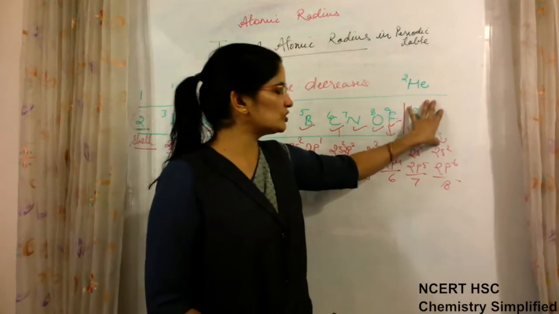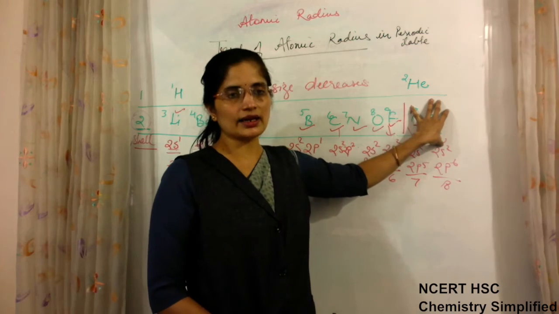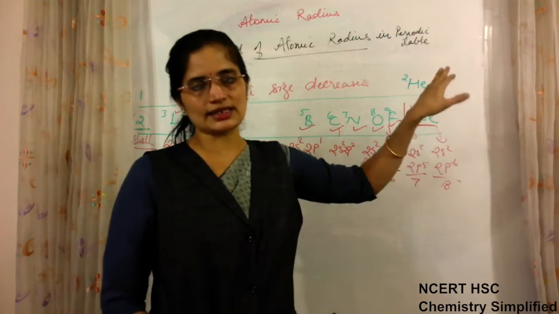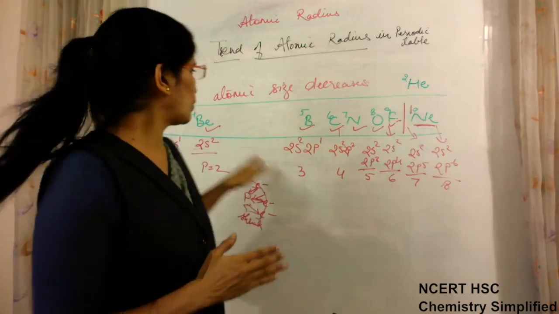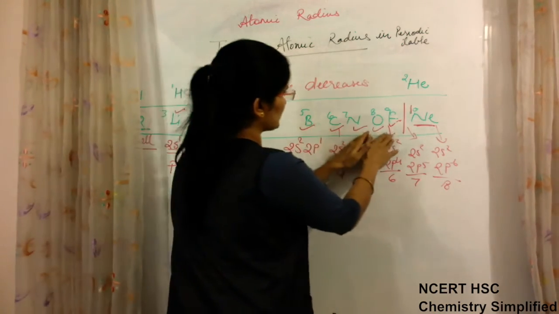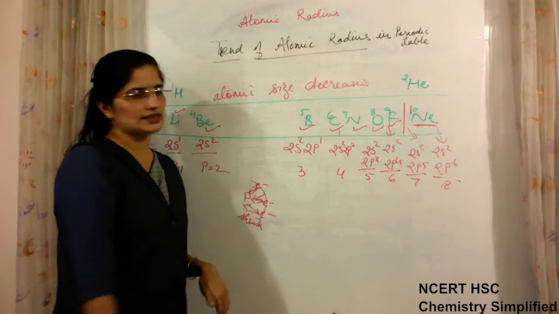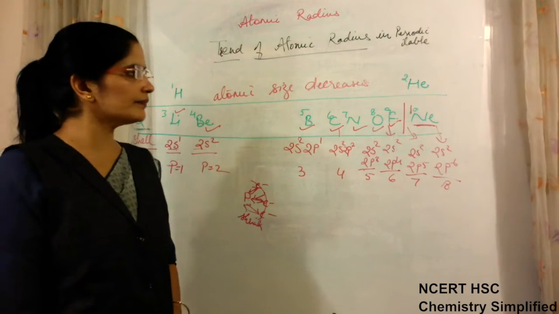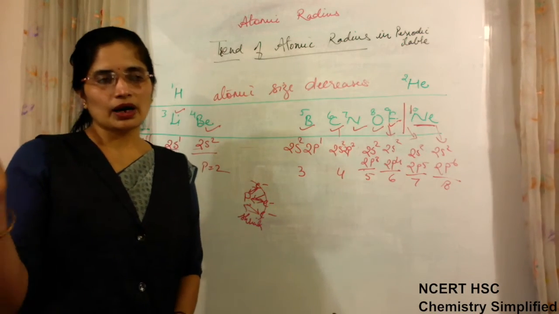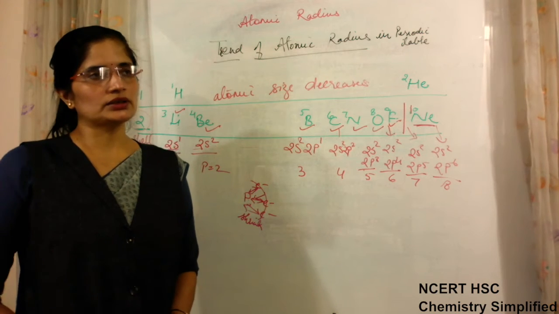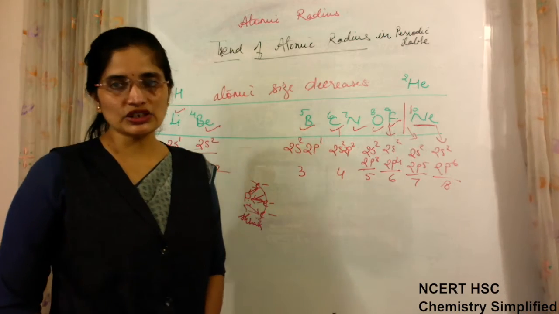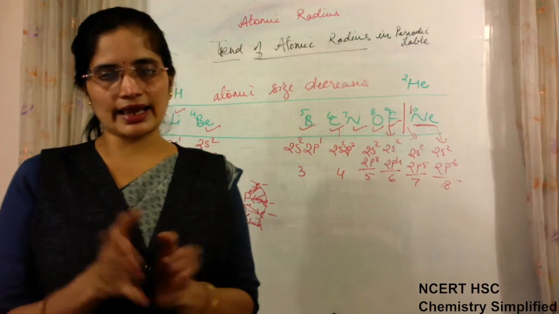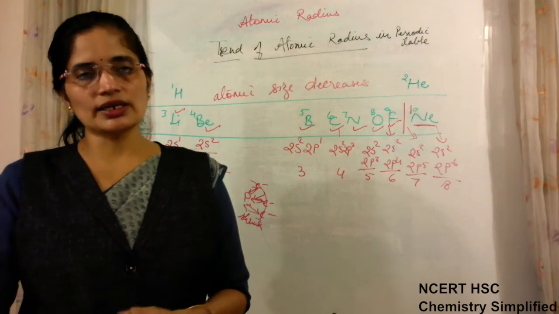For these inert gases, there are some other reasons because of which the size of the atom again increases. It goes on decreasing and decreasing, but for inert gases some other factors are applicable. What are those factors? Because of completely filled orbitals inside, there are inter-electronic repulsions also, meaning more electrons are gathering, all are paired, so they start repelling.